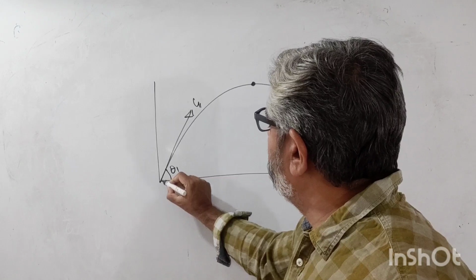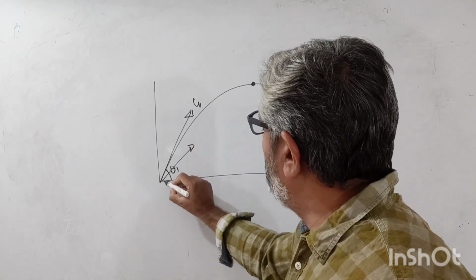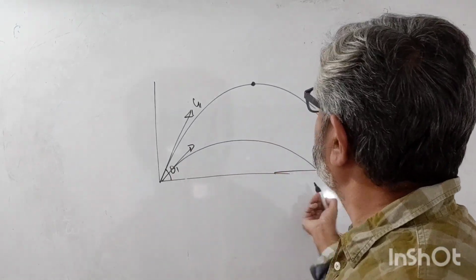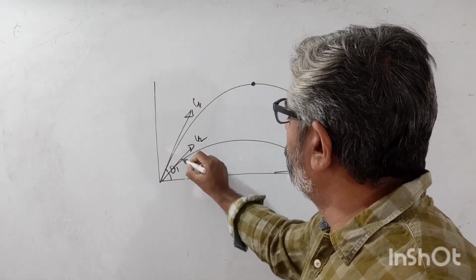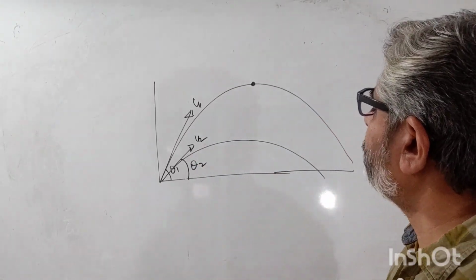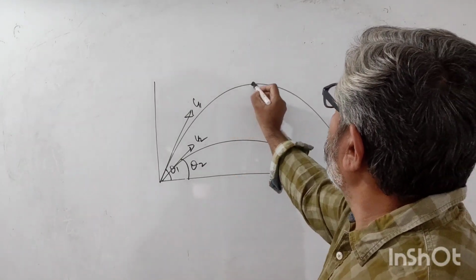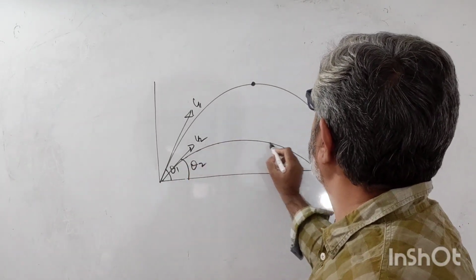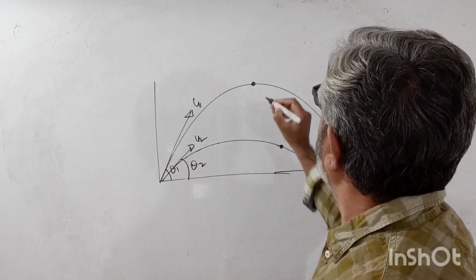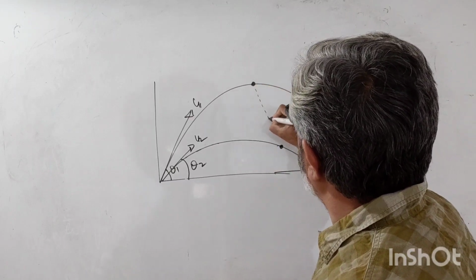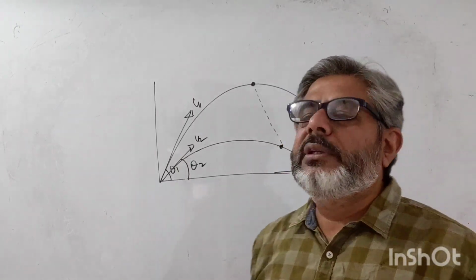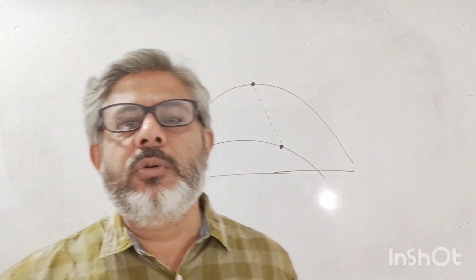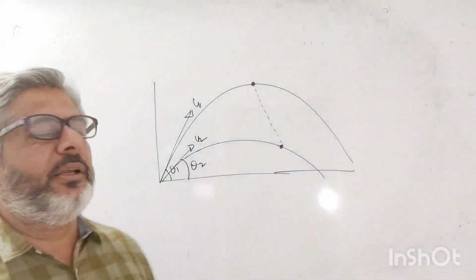Now suppose this was the second projectile. I don't know how it goes. Maybe it goes like this. So this is u2 and this angle is theta 2. Maybe when it is here, somewhere possibly, let us say here. So this would be the distance between the two projectiles. Now it seems very complicated how to find it out, but it is not that complicated, I will tell you.